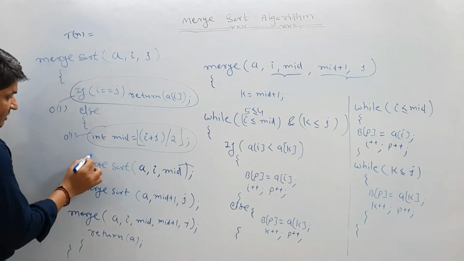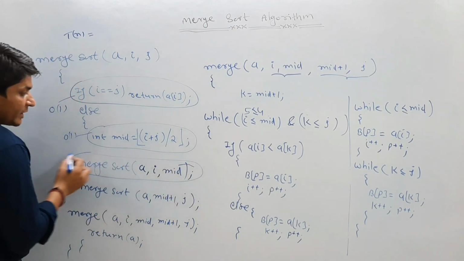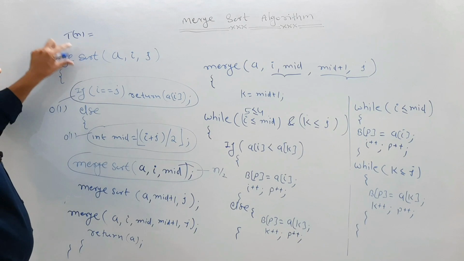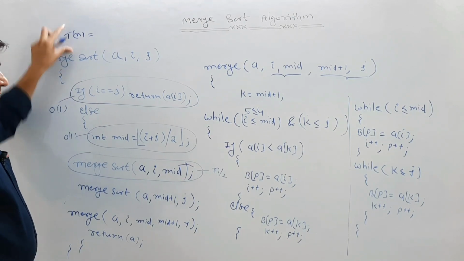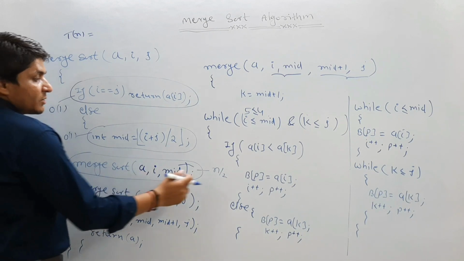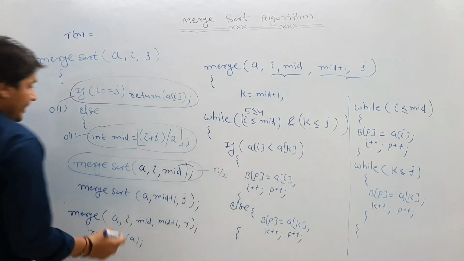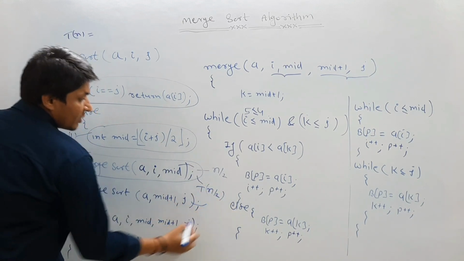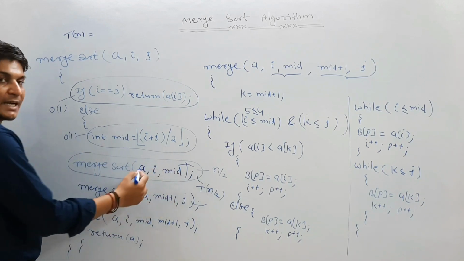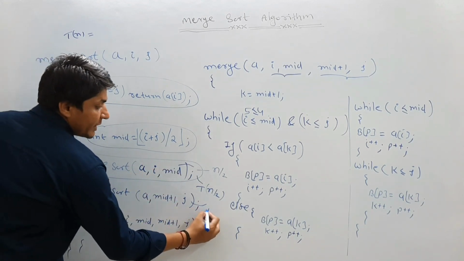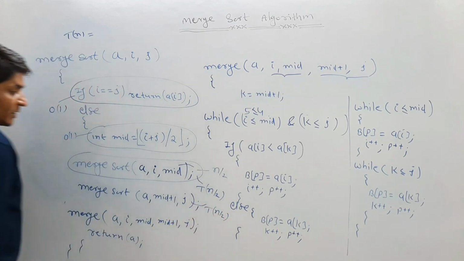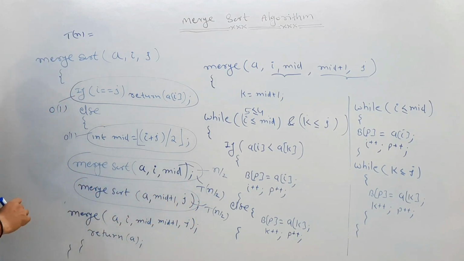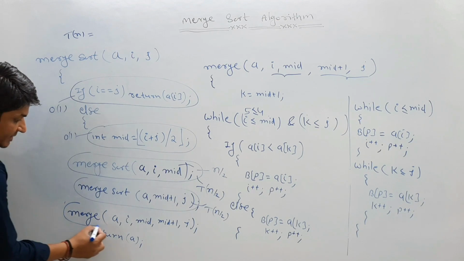Now if you see this merge sort function call, you are calling merge sort on n by 2 elements, correct. We have already assumed merge sort takes T(n) time to solve the n elements problem. This merge sort function call is solving the n by 2 elements problem, so it will take T(n/2) time, correct. Similarly, because first you are applying merge sort on the left hand side, then on the right hand side, it will also take T(n/2) time, correct. Then the next statement, after the second merge sort function call, is the merge procedure.